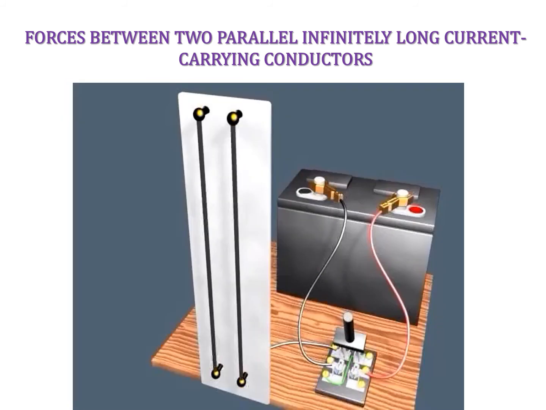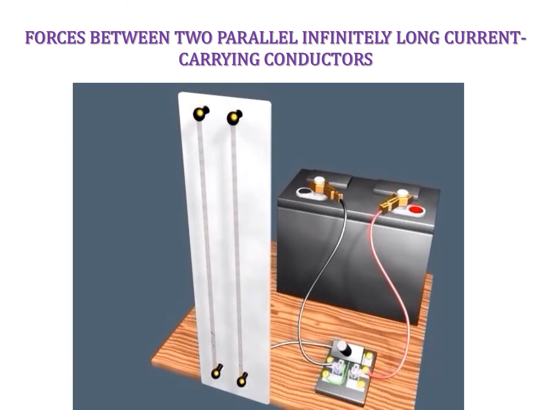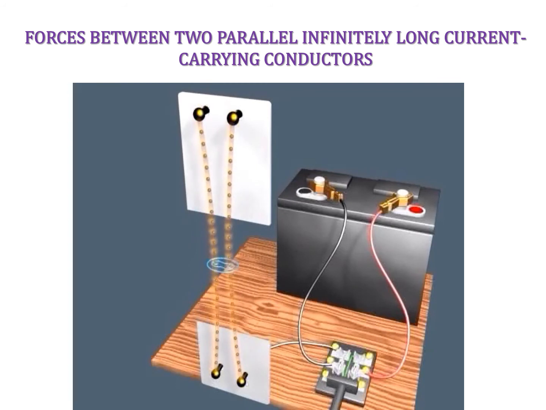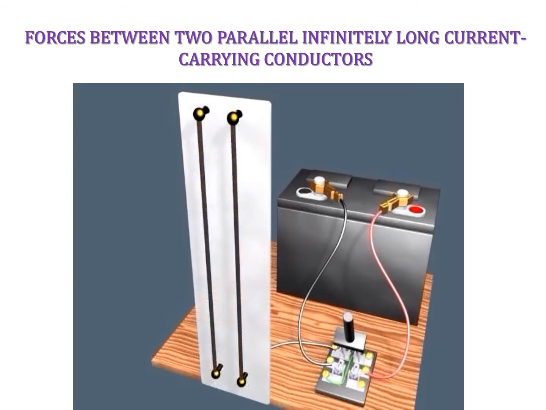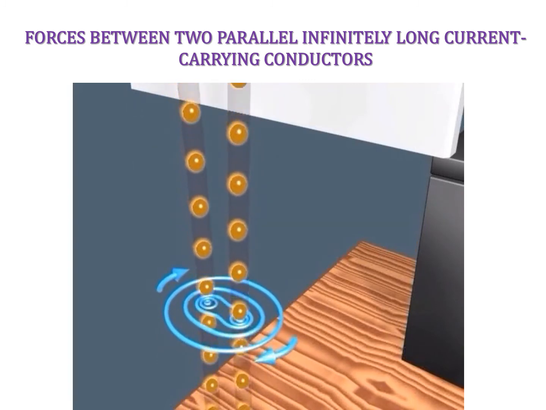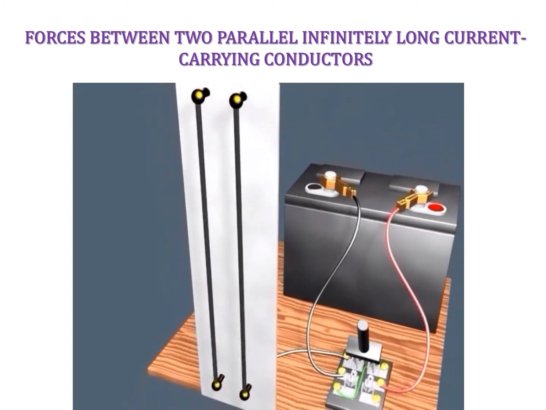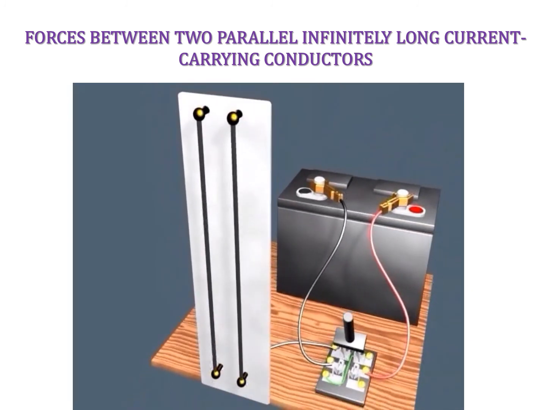On the other hand, if again we take parallel conductors and pass current in the same direction, these conductors attract each other. You can see current through both the conductors is in the downward direction, and these conductors are attracting each other. Okay, so now we want to derive the expression for force between these conductors, the magnitude, and we will represent the direction of force between the two parallel current carrying conductors.